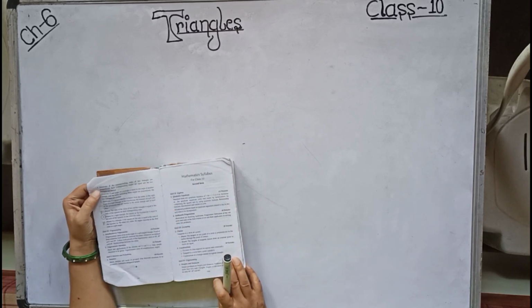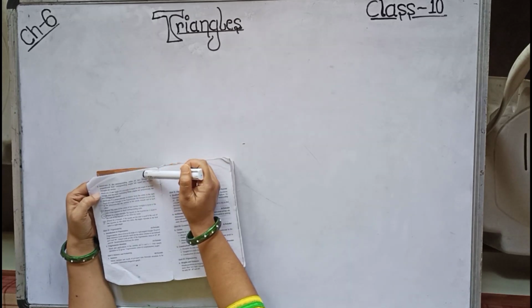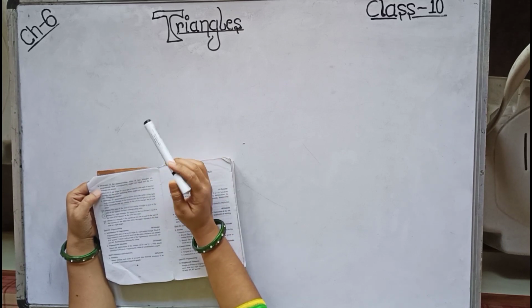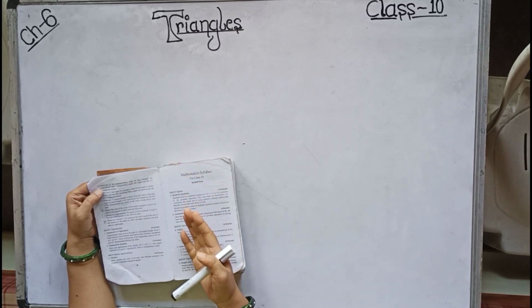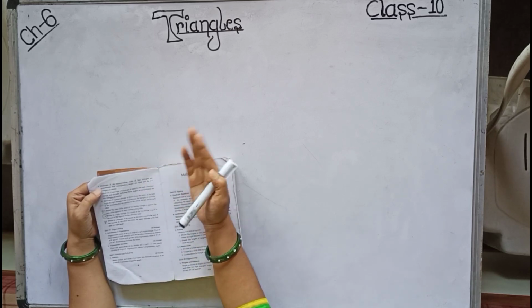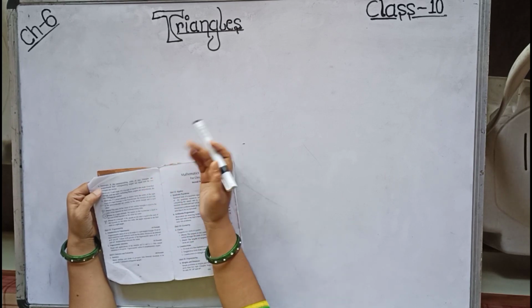Again number 4, motivate. Now this one is triple S similarity. Triple S similarity also we have to understand, and its proof, stating and proving triple S similarity, will not come. Motivate means we have to understand and its concept will come. I mean sums based on triple S will come.